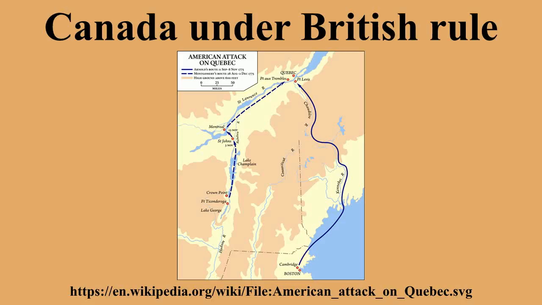The moderate reformers, such as Robert Baldwin and Louis Hippolyte Lafontaine, argued for a more representational form of government which they called responsible government. By responsible, the reformers meant that such a government would be ultimately responsible to the will of the subjects of the colonies, not to the British legislature or monarchy. The radical reformers, such as William Lyon Mackenzie and Louis Joseph Papineau, demanded equality or a complete break from British rule and the establishment of a republic.